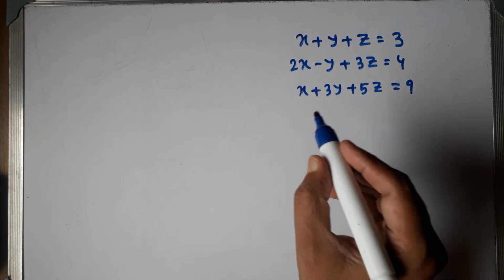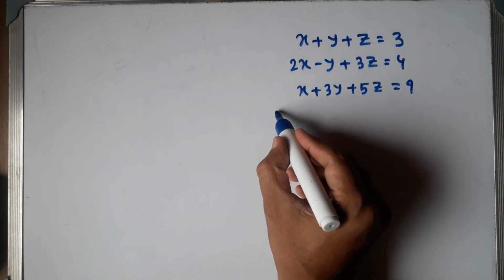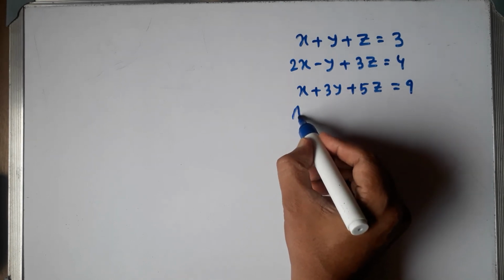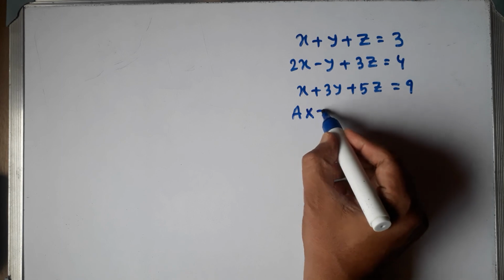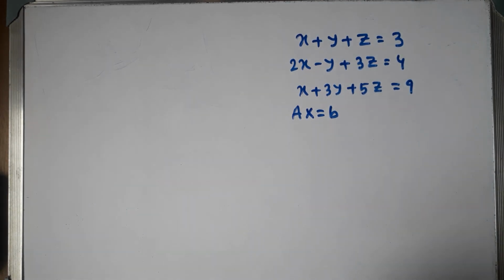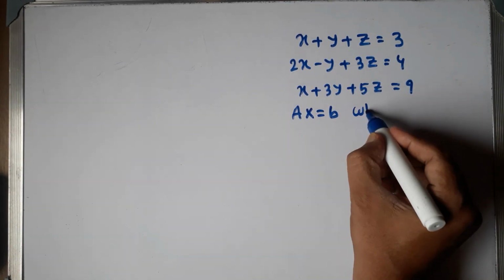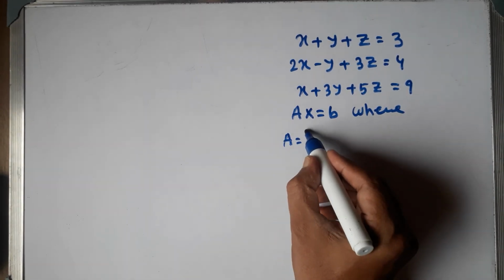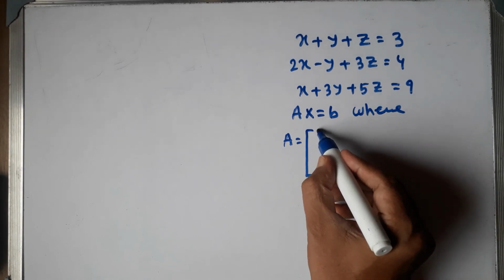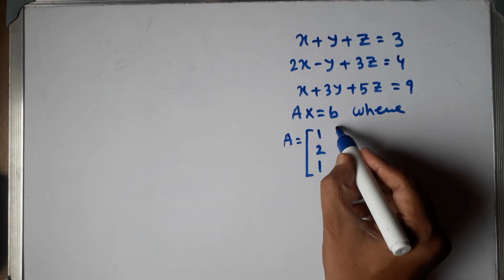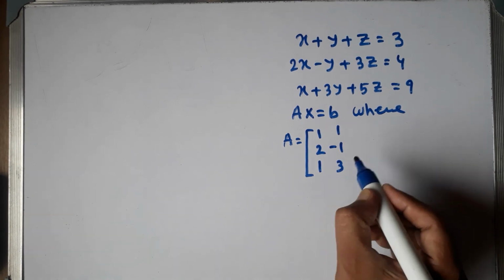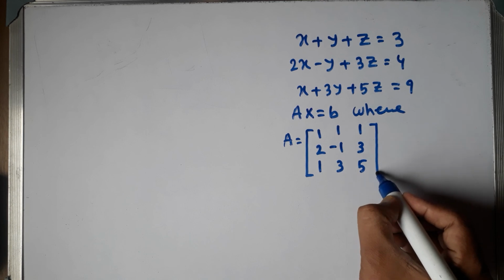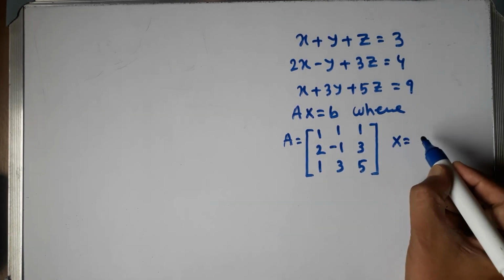Write, we can write this system of equations as AX equals B, where A is equal to this matrix: 1 2 1, 1 minus 1 3, 1 3 5. This is a matrix. Capital X is equal